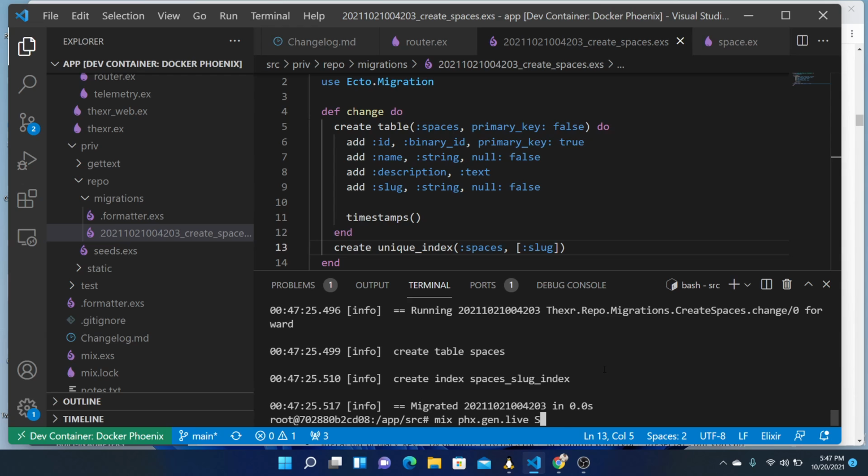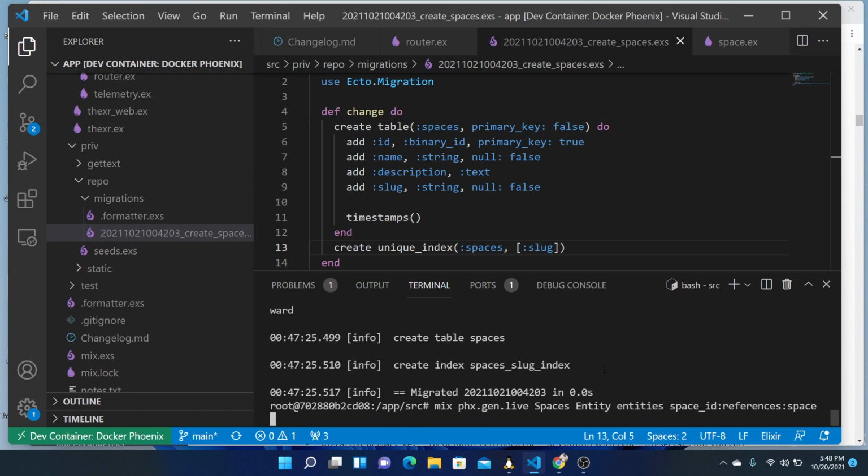So we'll still give it the spaces context. Entity. Entities will be the table, and this will reference the space. We'll have a space ID references space,